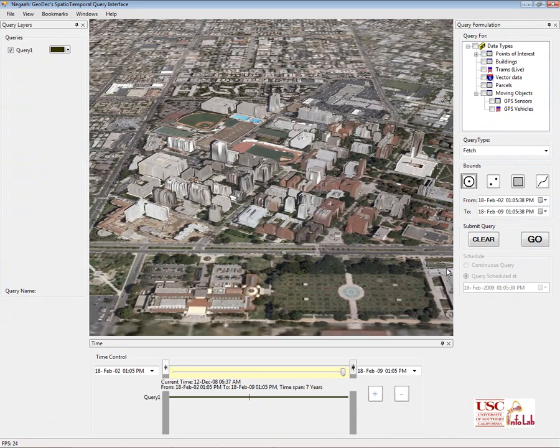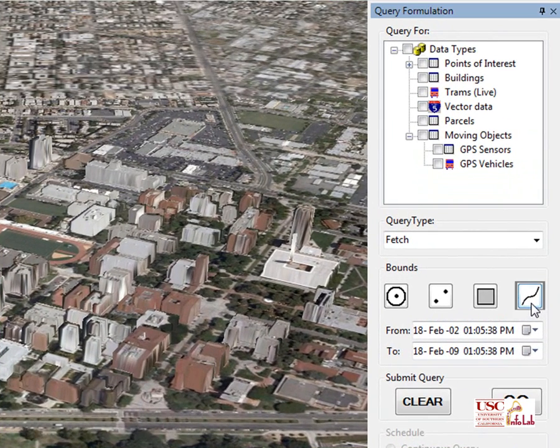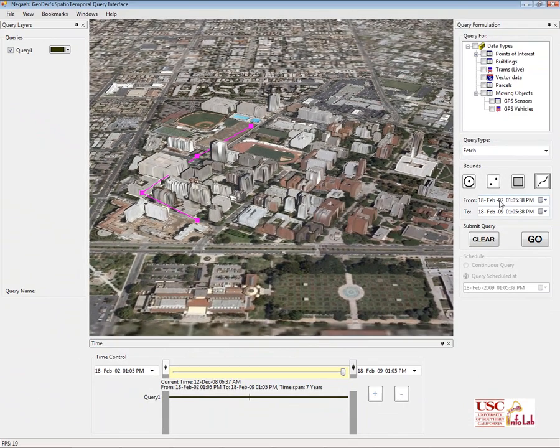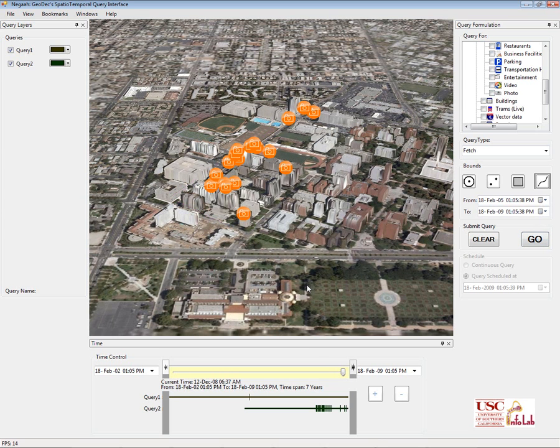Another way of specifying the geospatial bound is by using a user specified trajectory. So as our second example, we're gonna start clicking on different areas of the ground to construct a trajectory and specify a radius of interest. So in this example we pick 1/10 of a mile, and we're going to query photos, for example, that are actually captured and fall within a radius of 1/10 of a mile for that specific trajectory. And for our temporal bounds we specify a period of 4 years, and these are the actual photos that are